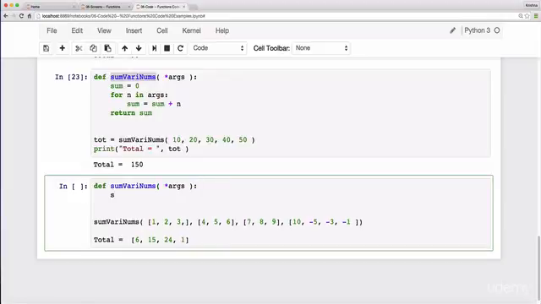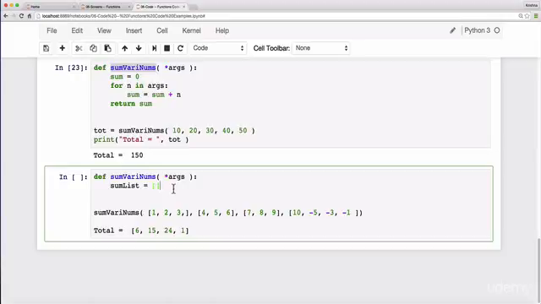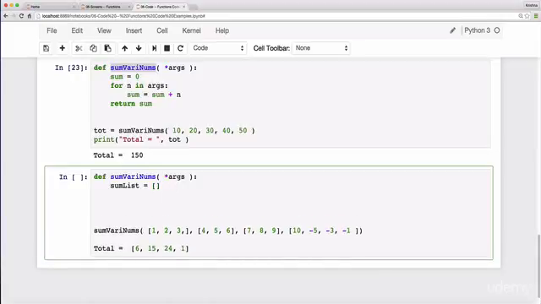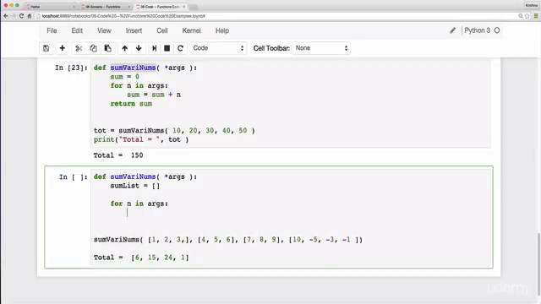I'll create a list called sum list. Sum list is an empty list. I'll be using that in my code. Then I'll loop through, for n in args colon,